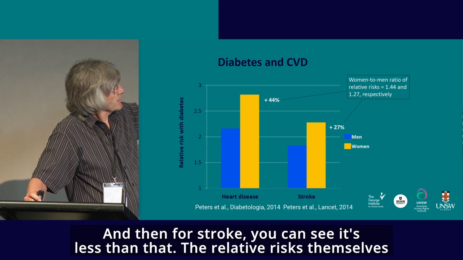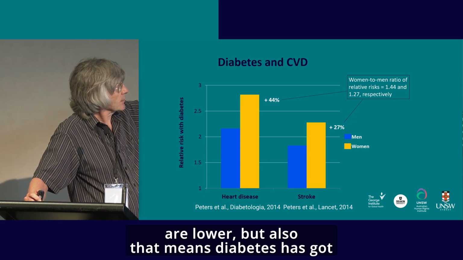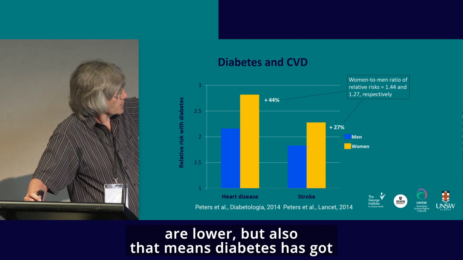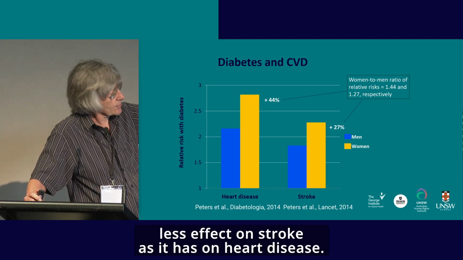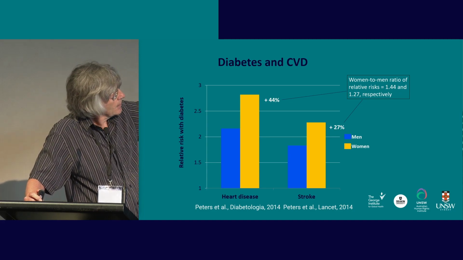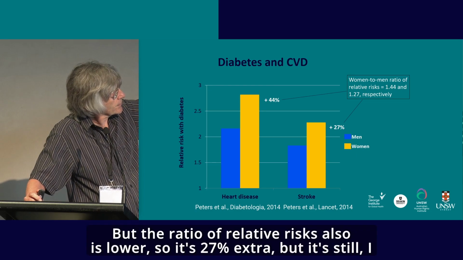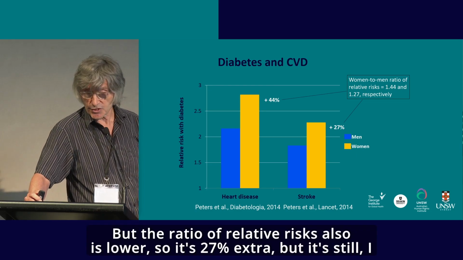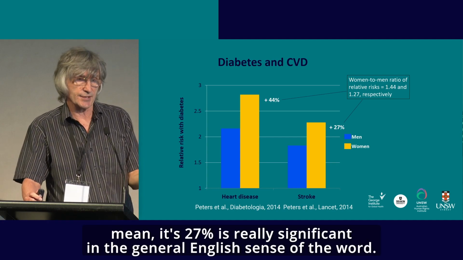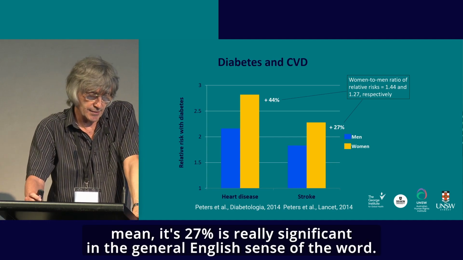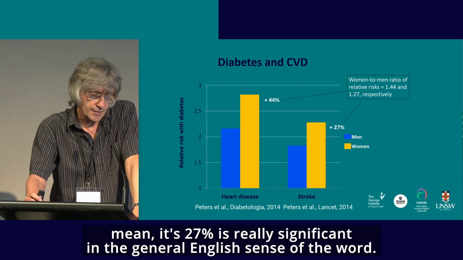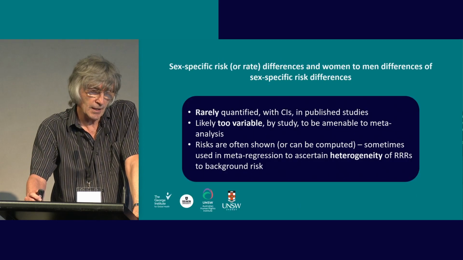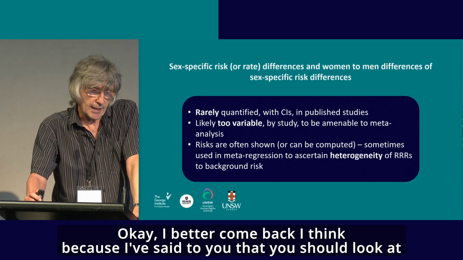The relative risks themselves are lower, which means diabetes has less effect on stroke than it has on heart disease. But the ratio of relative risks also is lower. So it's 27% extra, but 27% is still really significant in the general English sense of the word. Okay,